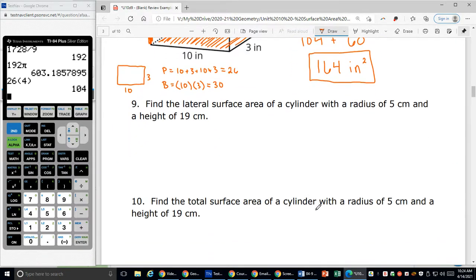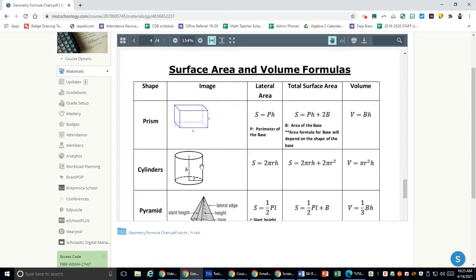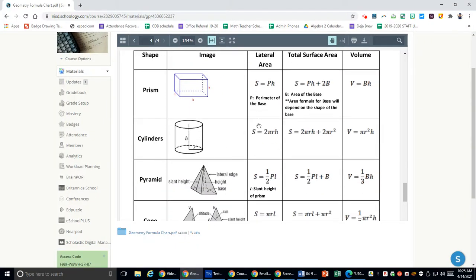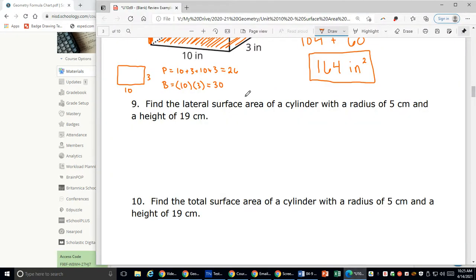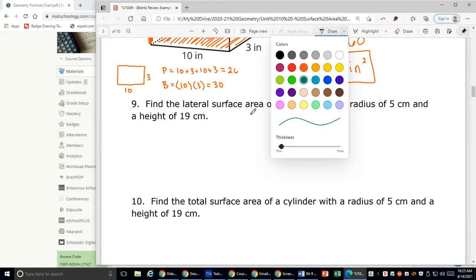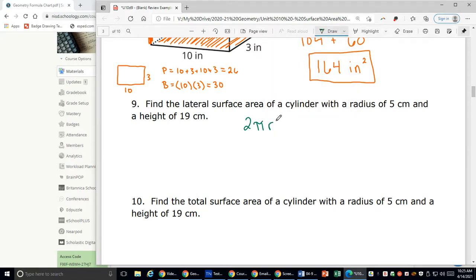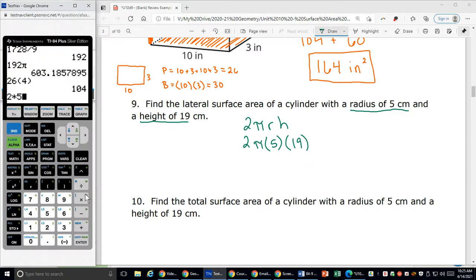Let's look at 9. Now, 9 does tell me I want the lateral surface area of my cylinder. So I'm going to come back to my formula chart and look at the lateral area of my cylinder. My first formula is just 2 pi RH. So 2 pi, radius of 5 centimeters, height of 19 centimeters. All right, so my exact answer, 2 times 5 times 19,